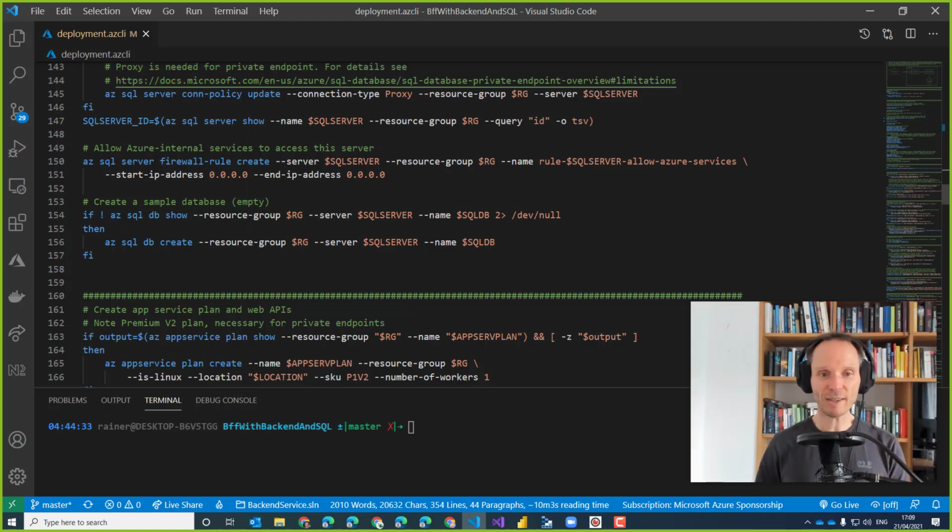My talk is not so much about a particular storage system. Here, the SQL Server is just for demo purposes. But again, if you don't use SQL Server, but Postgres or MySQL or Cosmos DB or Mongo, feel free to mentally replace the SQL Server here with your storage environment. The important part, though, is that this SQL Server is currently not protected. It's not private. It's running in the public cloud.